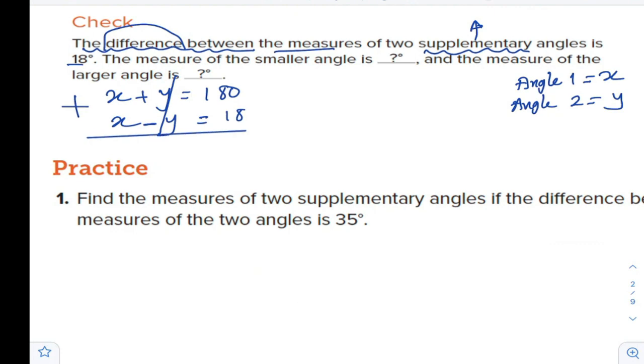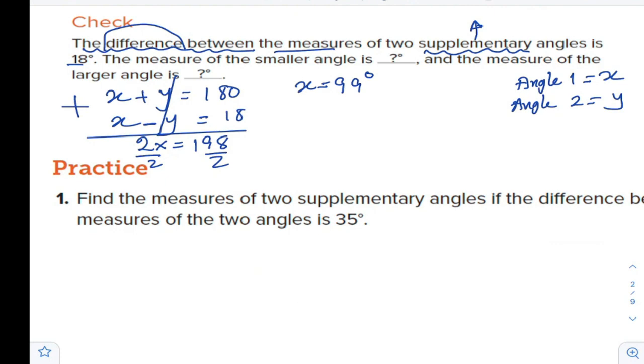And when you add x plus x to 2x, 180 plus 18, so it is 198. And you divide both sides by 2. So 198 divided by 2 is 99